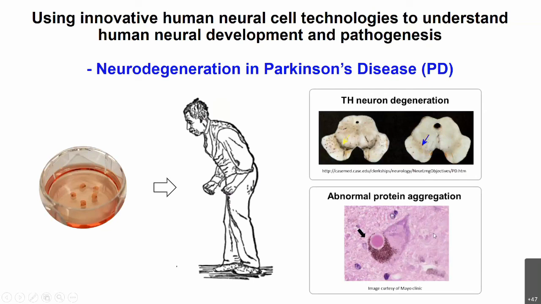All right. So the question is, we are very active in pursuing this direction to show how our midbrain organoid can recapitulate those disease phenotypes in the dish. And if we can do that, then how can we leverage this knowledge to understand or to support development of therapies for Parkinson's disease? All right.